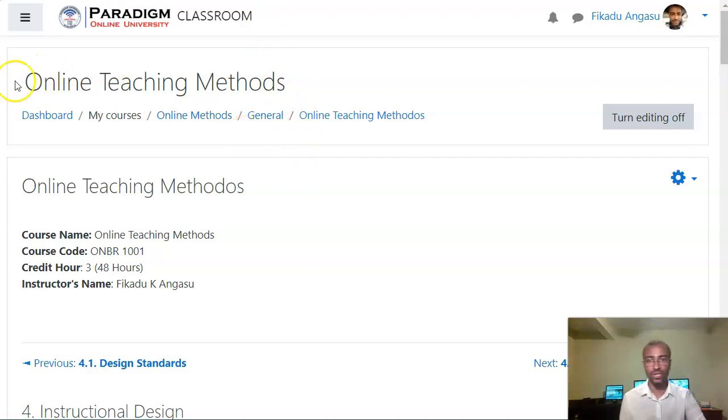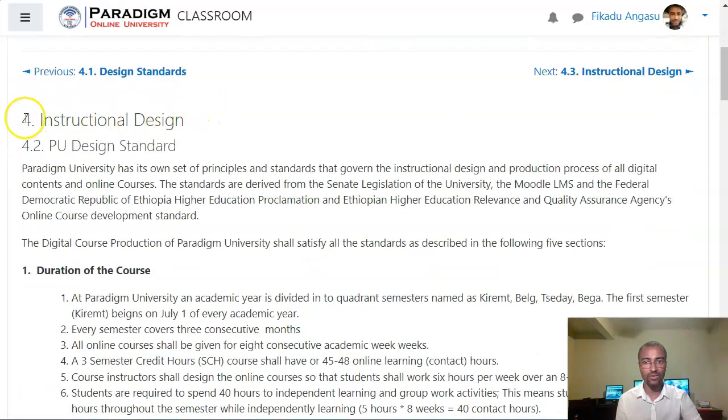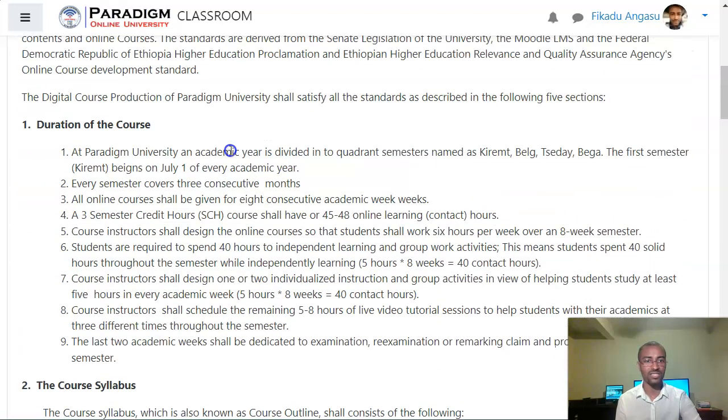These are also available in your textbook. Your textbook is Online Teaching Methods, and you'll find it around chapter 4. In chapter 4, we have the instructional design section. In there, we have the Paradigm University Design Standard. So what are the standards? You will read your book and you will get the details. But to give you a very short highlight,